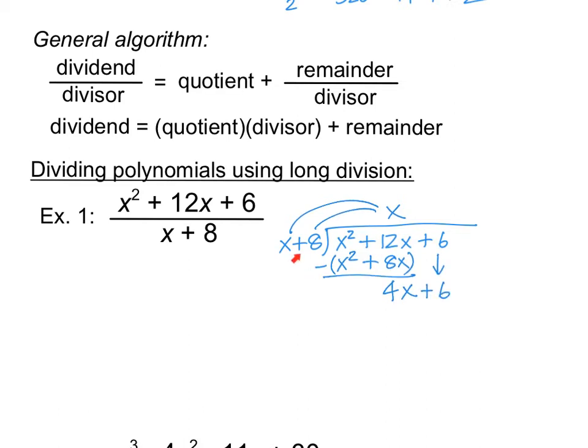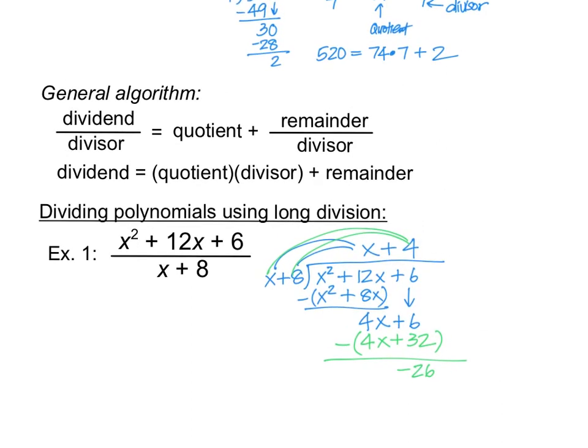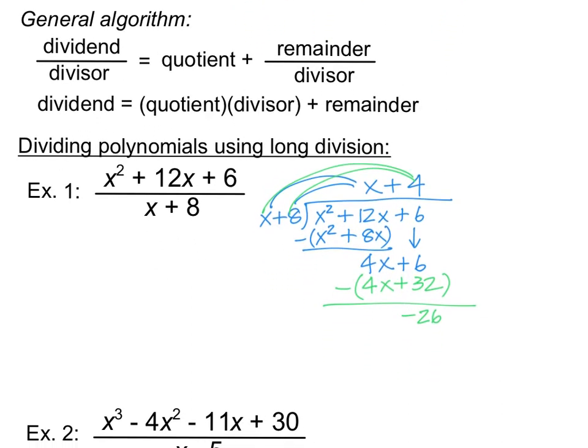Then we ask, x times what will be 4x? And the answer is 4. So you put plus 4 there, and maybe I'll change colors. And now I'm going to distribute that there, and you get 4x plus 32, because 4 times x is 4x, 4 times 8 is 32. Put this in parentheses, and now I'm going to subtract going down, and now I have negative 26, which is the remainder. And so just like before, we are going to say that this right here equals the quotient,